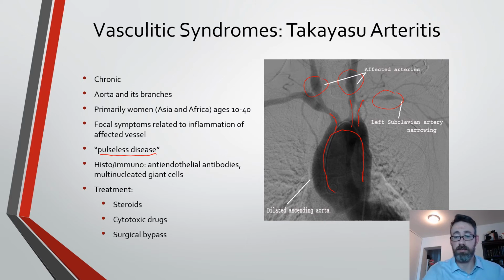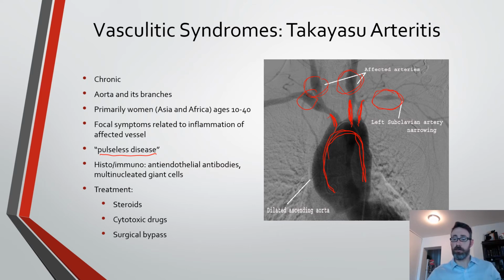As I've drawn over here in red already, you can see the aortic arch and its branches. This first branch here is the brachiocephalic trunk. You have the left common carotid right here, and then this would be the left subclavian artery. If you look closely, you can see these dilatations that are circled, where there's inflammation occurring. And if you get inflammation, scarring, and even constriction of those areas, what can happen